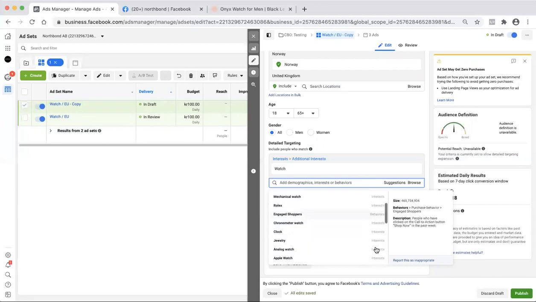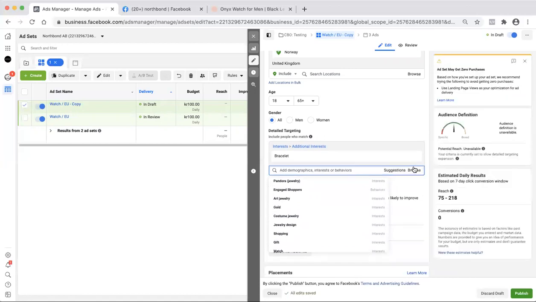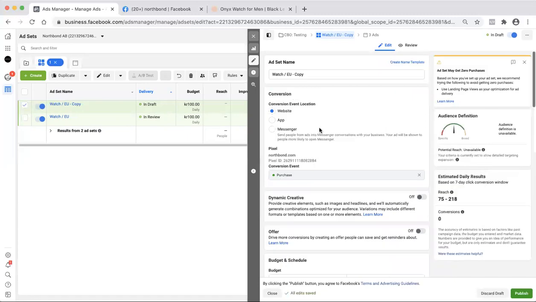Yeah, I have tried that now. Last week I took shopping and fashion. I don't know if it's related. You know, we'll go with bracelet because it's a wrist item. Most people who wear bracelets, believe it or not, also have a watch. People like to put them together side by side.